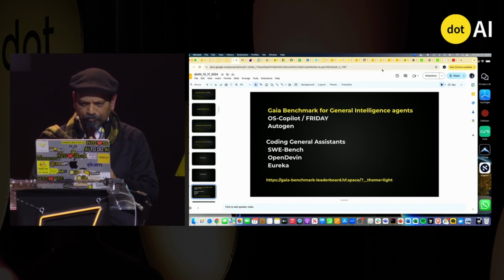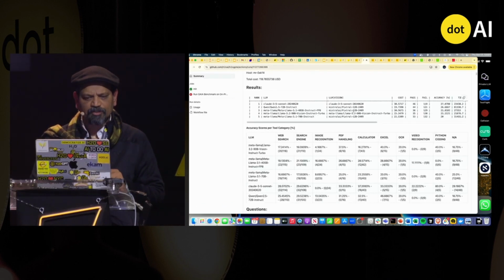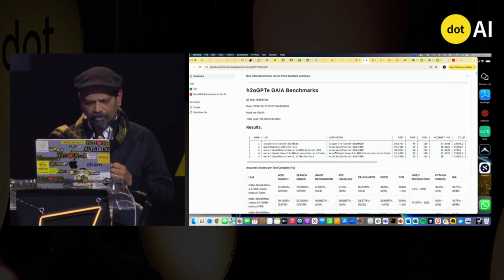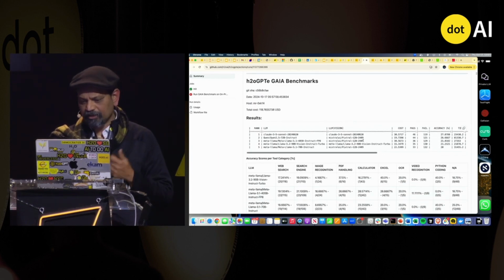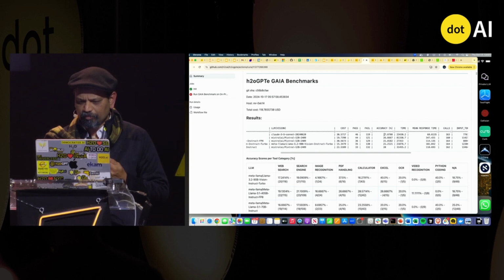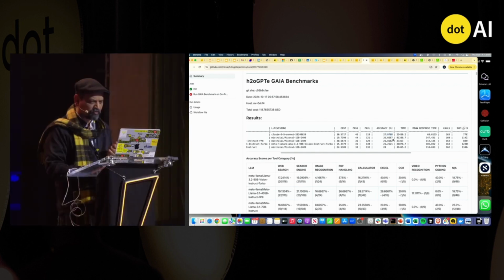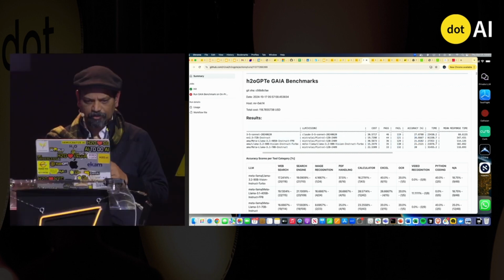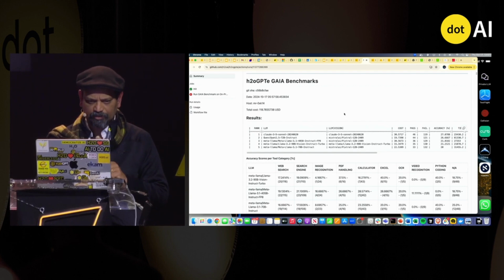I think the Gaia benchmarks, so we run Gaia benchmarks every night on our own enterprise platform. As you can see, Claude is leading the pack with some of these benchmarks here. But the open source wave is not far behind. It's really Qwen, Meta, they're not too far behind in terms of the Gaia benchmark accuracy. So that's one case in point.